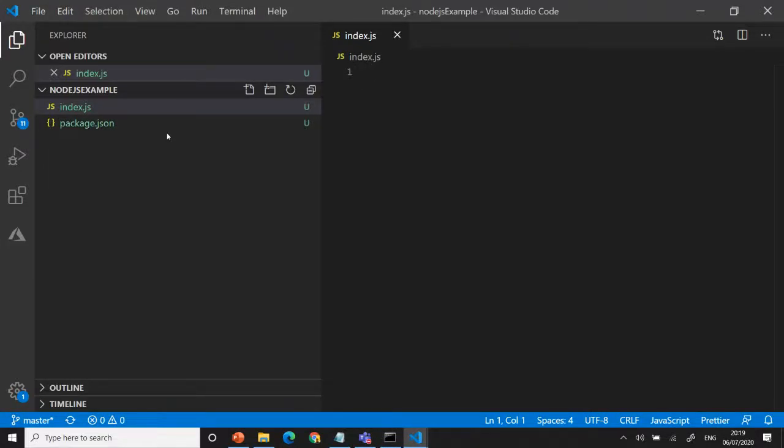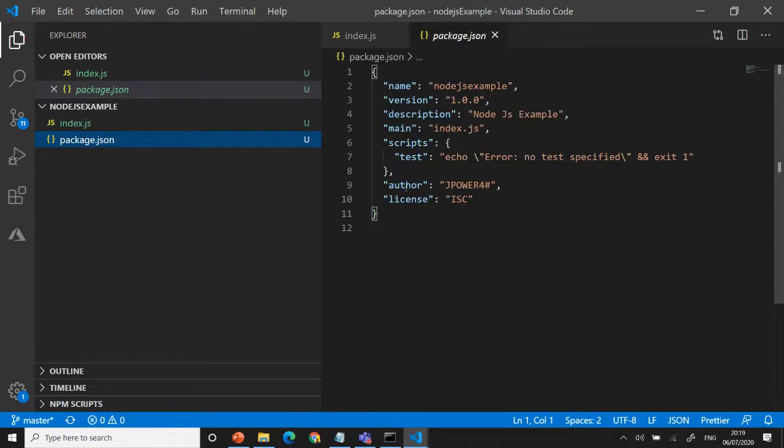Then I'll go back to my Node project. You can see the package.json, right? We can see the index, and when you click the package.json, you can see the name and version. Anytime you can change it. Don't think it can only be done at that time. After development also, whenever you want, you can change the configuration, not only in Node but in TypeScript as well as in our SharePoint framework.